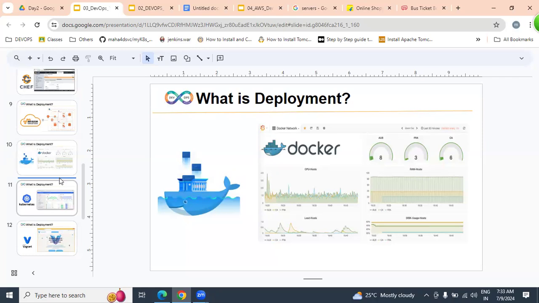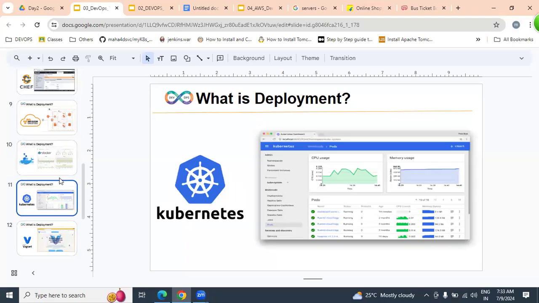For each and every separate environment, we can place a number of applications and a number of websites. A Docker container is an isolated area in which we can place our websites very easily with low cost and high performance. These Docker containers we can manage or control with Kubernetes. Kubernetes is an orchestration tool. With the help of Kubernetes, we can manage or control all our Docker containers.